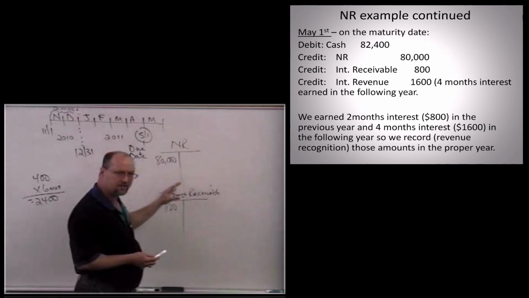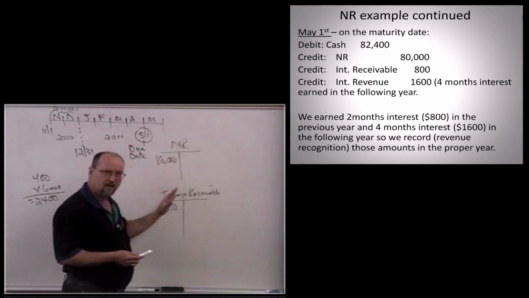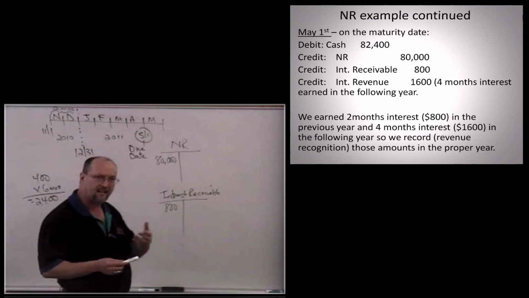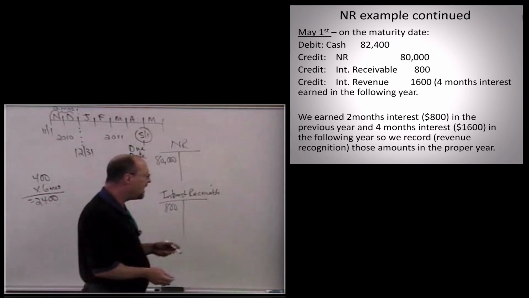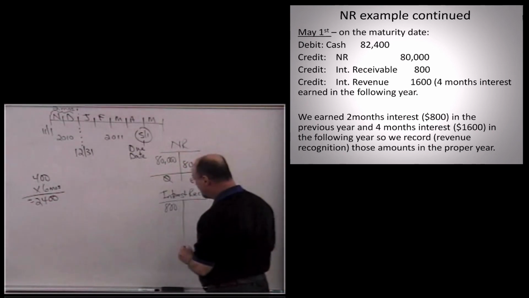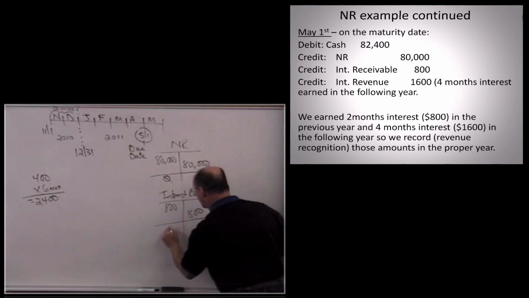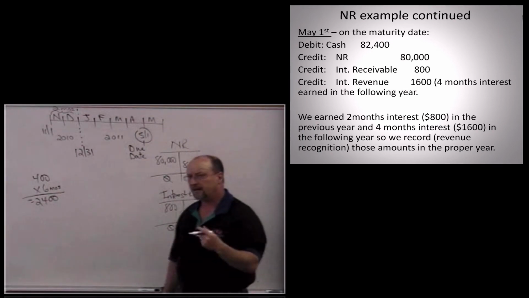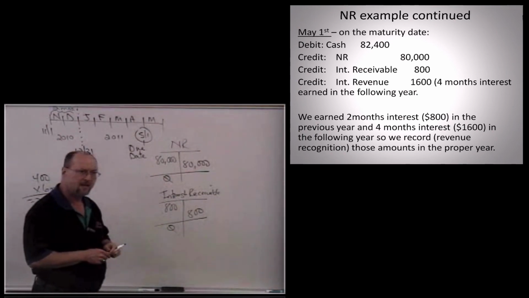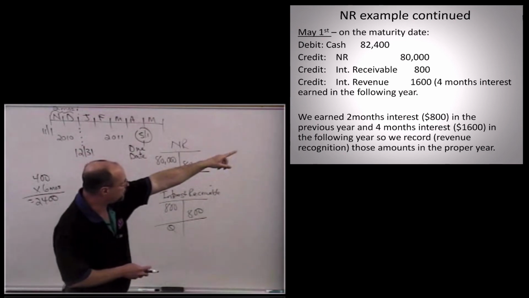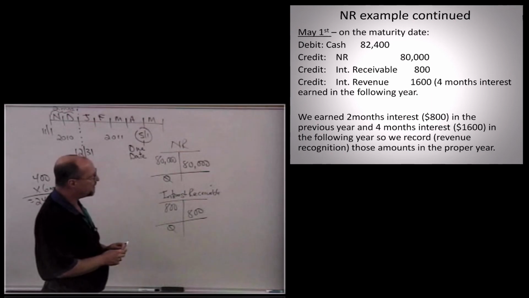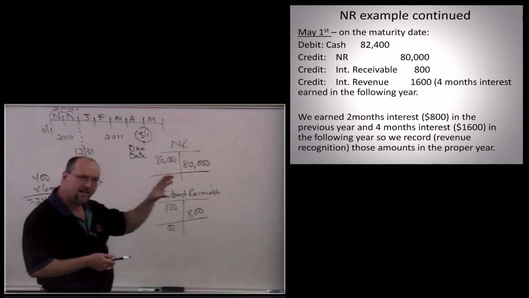Now, once we've collected everything, let's get these two assets off the balance sheet, or else we're going to think that they still owe us this money. If I don't get rid of these, I'm going to say, hey, you still owe me $80,000 plus interest, and they don't. So when we collect on a note, and we collect the interest as well, I have to credit the note receivable to zero out that account. And I'm going to do the same thing with the interest receivable. Since I only did one year-end adjusting journal entry, I have $800 sitting in the interest receivable account. So I credit both of these, and that's what these credits are here. Credit note receivable for $80,000, credit interest receivable for $800,